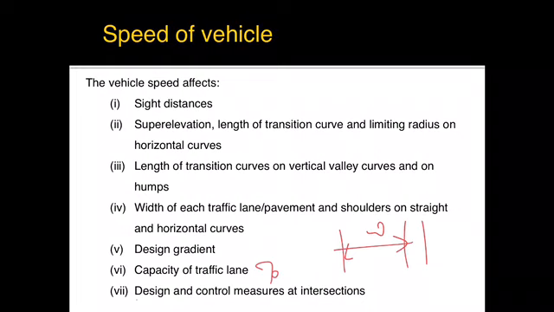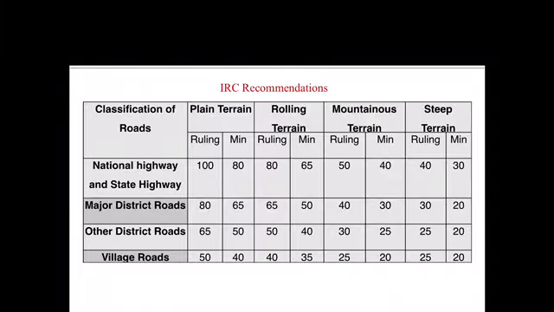And also the design and control of intersections. At an intersection, you may provide signals or rotary intersections, and all of these provide channelization. All these parameters depend upon the speed of the vehicle. Once again, IRC has recommended the standard values for what the speed of the vehicles should be